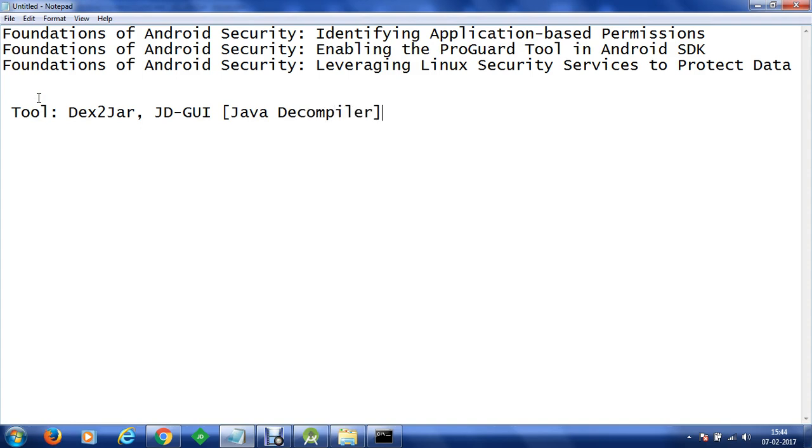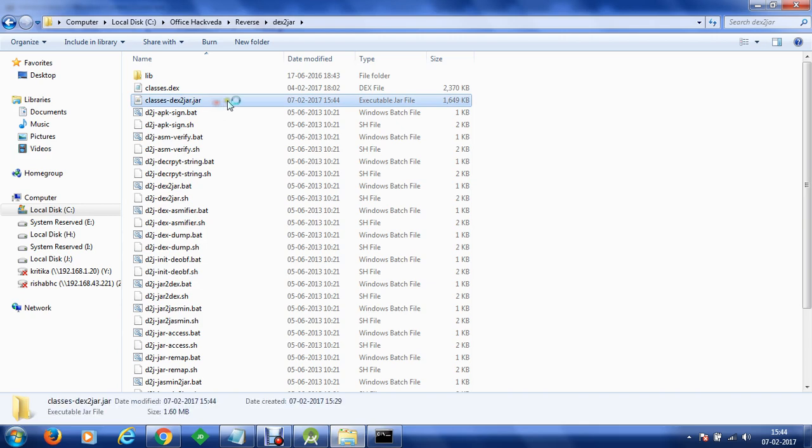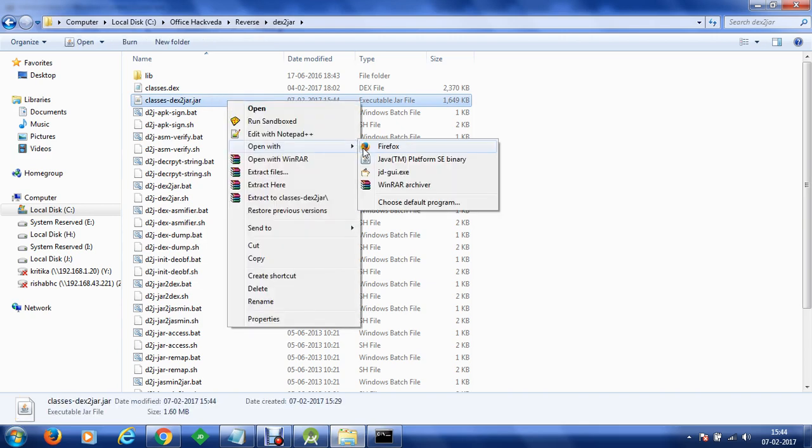Both tools are freely available and you can download them through the internet. Here, decompilation is in progress. Decompilation has been done. Now we can open this jar file using the Java decompiler, jd-gui.exe.